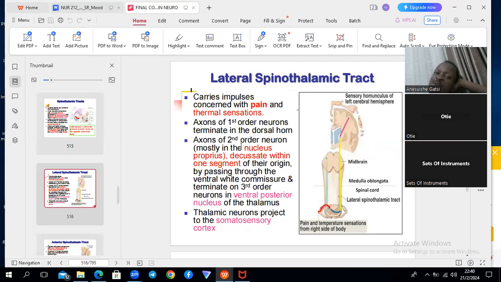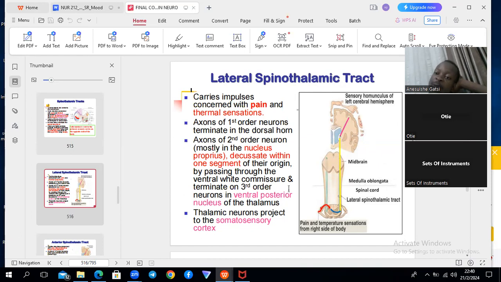Then if you want to be fancy, the second order neuron for spinothalamic originates in the nucleus proprius. Remember I said that the gray matter of the spinal cord is laminated. We have Rexed laminae. So we have something called the nucleus proprius, but I wouldn't expect you guys to remember this for now. Let's just get